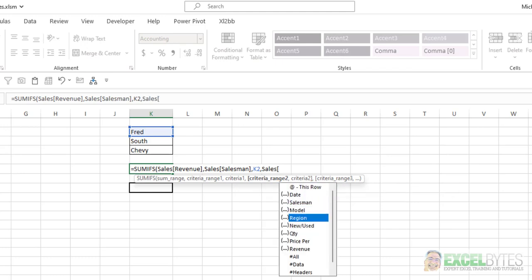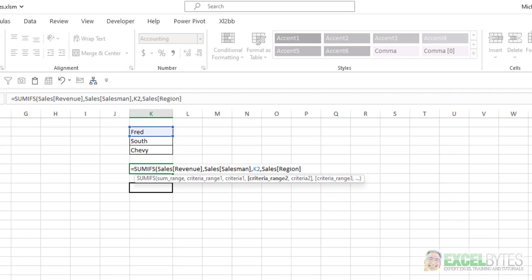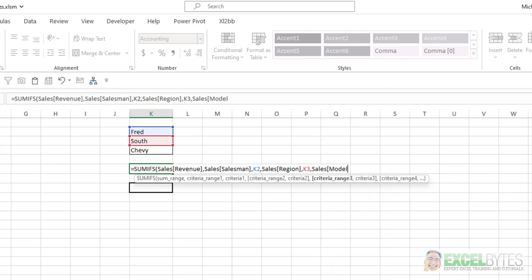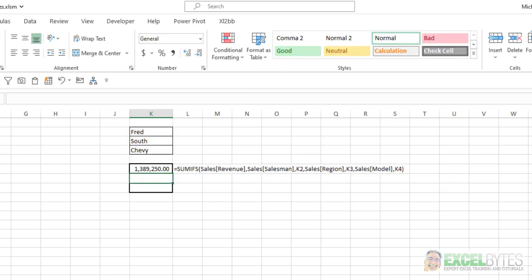I want to go Region, close that bracket, hit comma, and my criteria then is cell K3. And lastly, the Sales table, square bracket, I want to choose the Model, close that, comma, and the criteria is cell K4. Close my parentheses, hit enter,